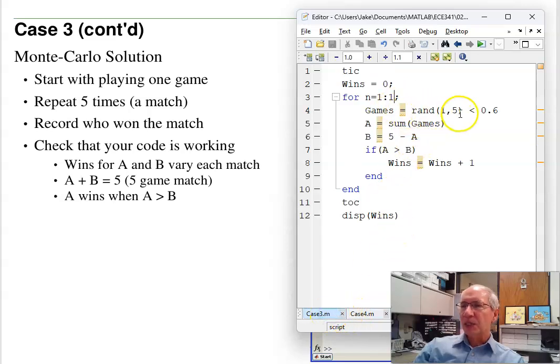Here I'm just going to deal out, let's play a single match and it goes from 1 to 1. I'm going to generate 5 random numbers, a 5-game match. And this is either true or false, 1 or 0. It's true if this is less than 0.6. So if I try that,